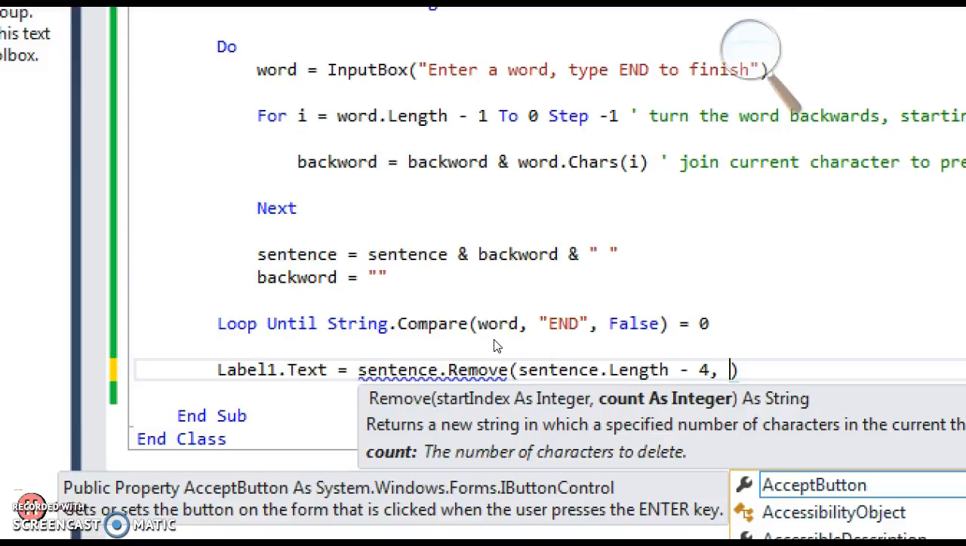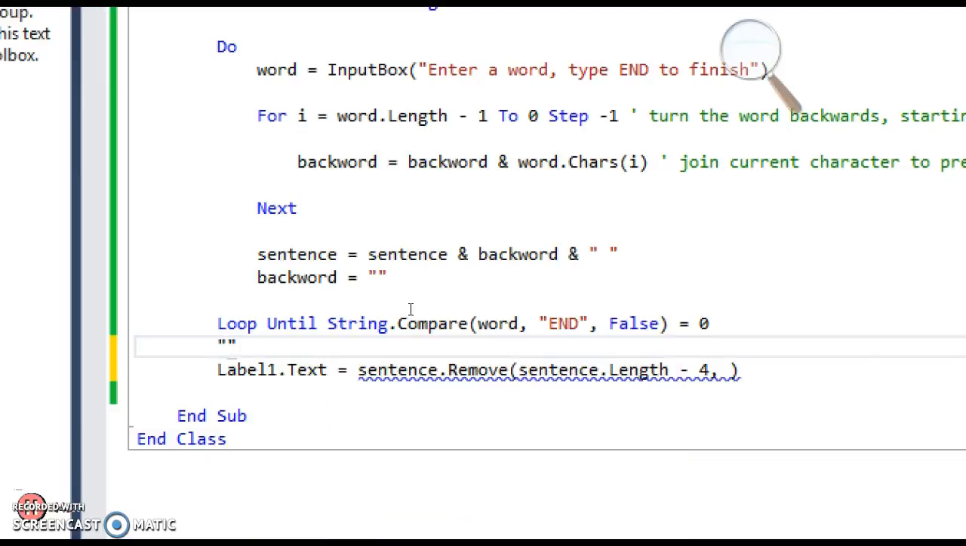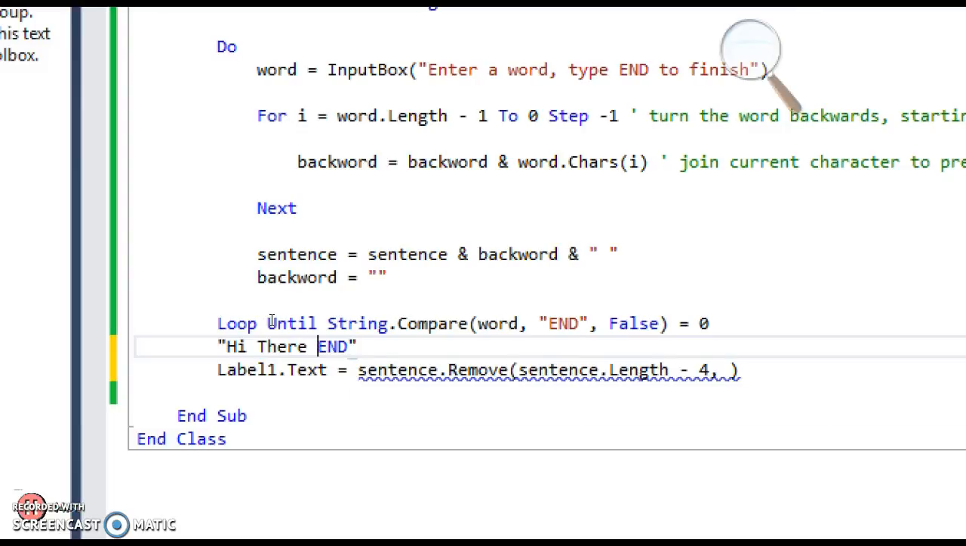So if my sentence was hi there, and then it had the word end on the end. Too many. Let's just do that. All right, so the length of this would be 1, 2, 3, 4, 5, 6, 7, 8, 9. 5 plus 3 plus 1, 9. So 9 minus 4 would be 5. So 0,